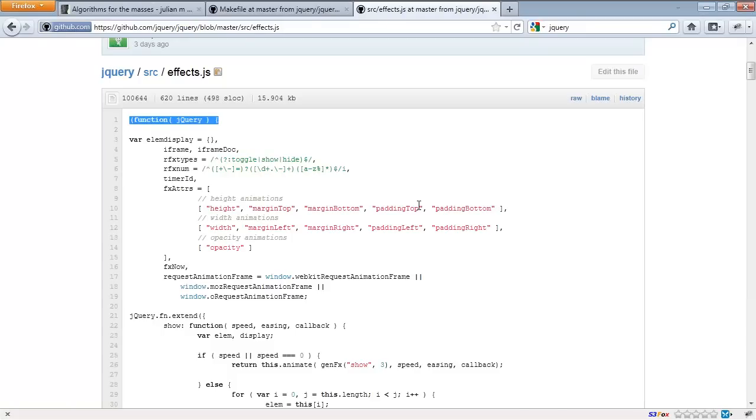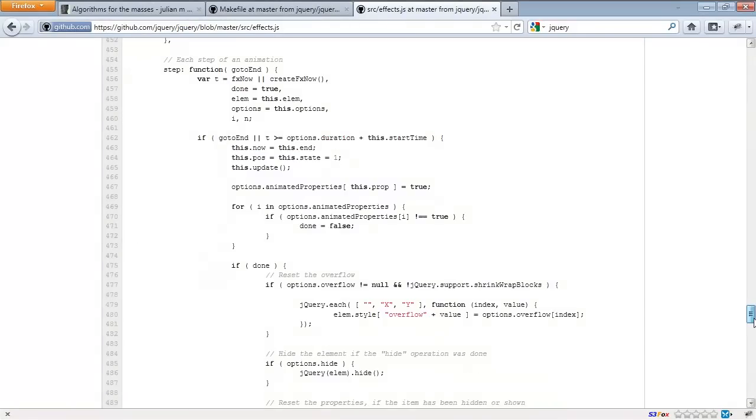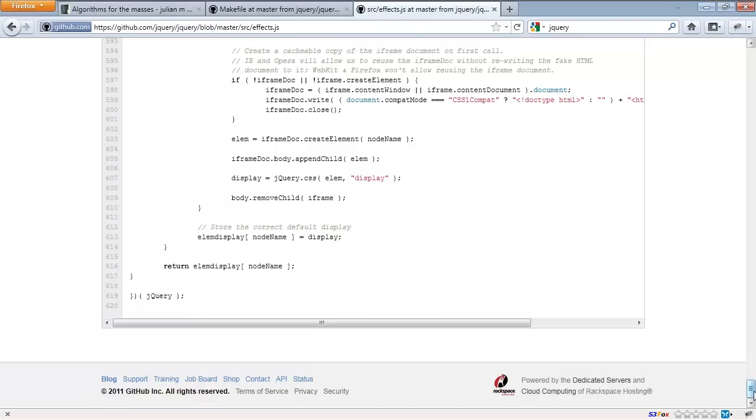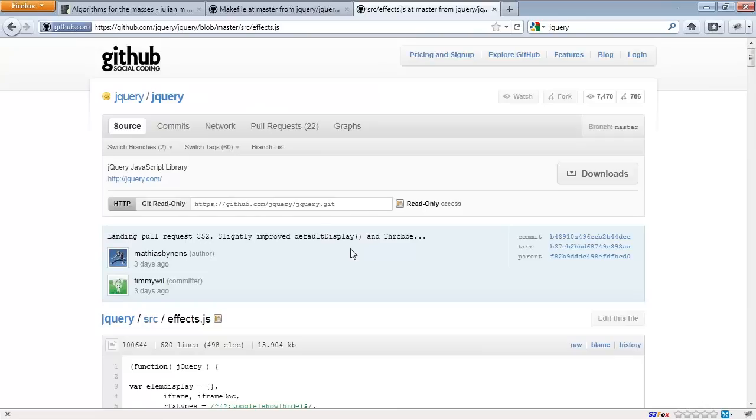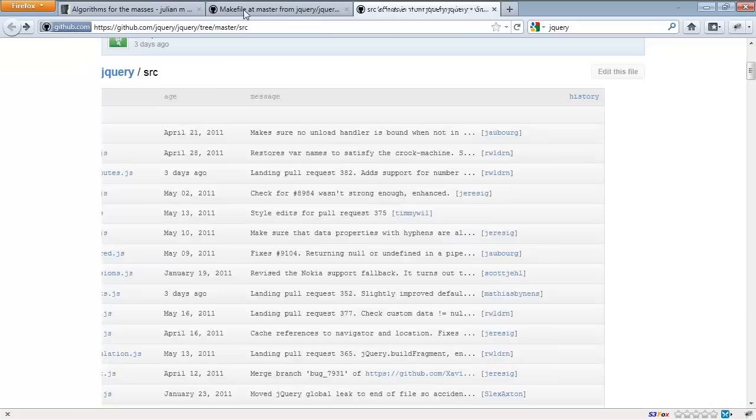So let's just select effects.js, and here it is, that preamble there and the sign off at the bottom. Both will be stripped out when jQuery.js is created. So that's an interesting way of working with lots of different modules and using the build system to remove all of those statements that you require for testing and for separate development. So that's an interesting thing to bear in mind. And another one is,